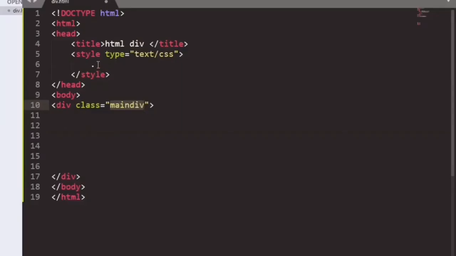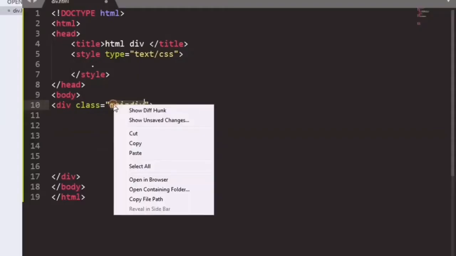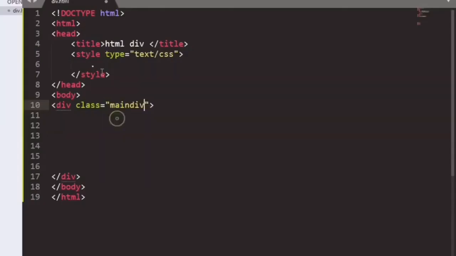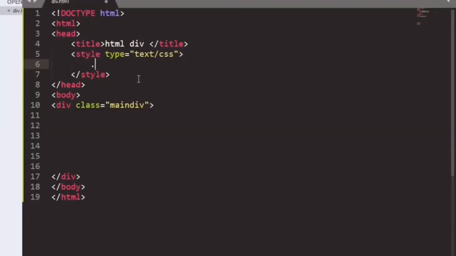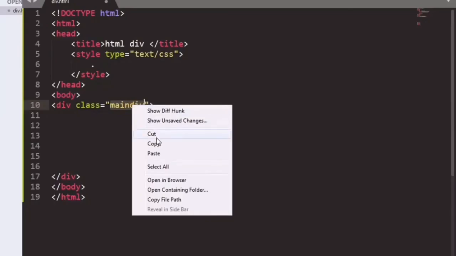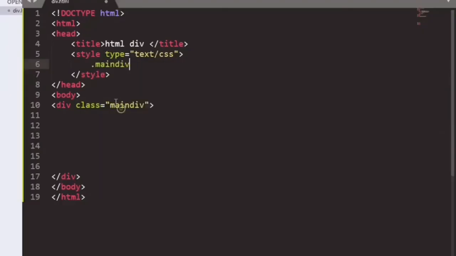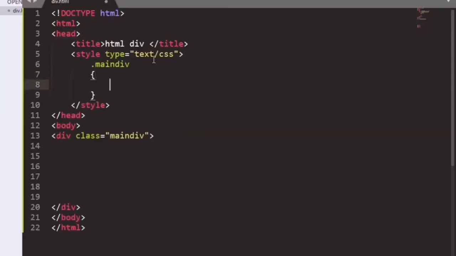Our class is called here, so we will write the name as dot main div, which is mentioned as the class. We will copy the value from here and paste it here, that is main div, so that there would be no error.